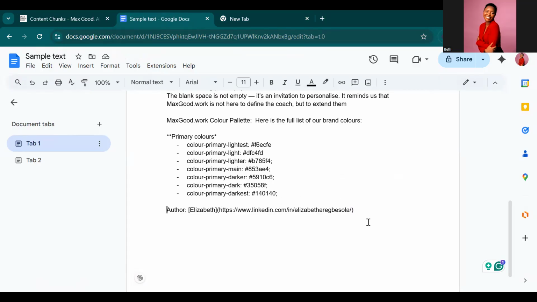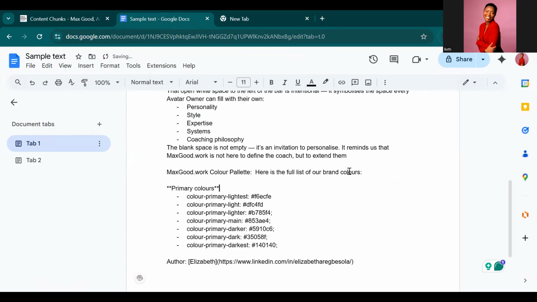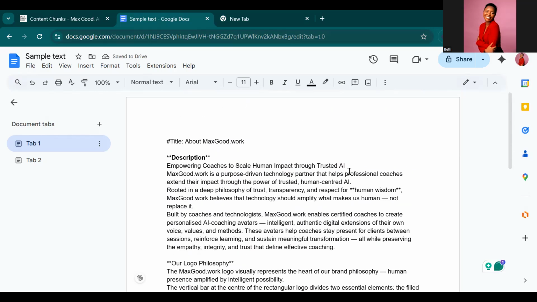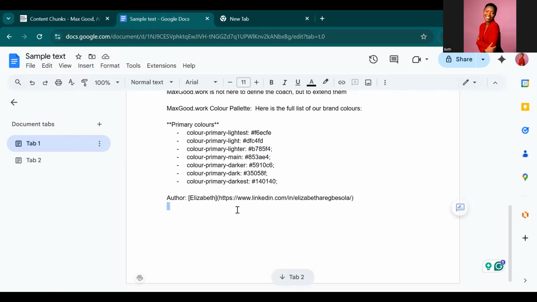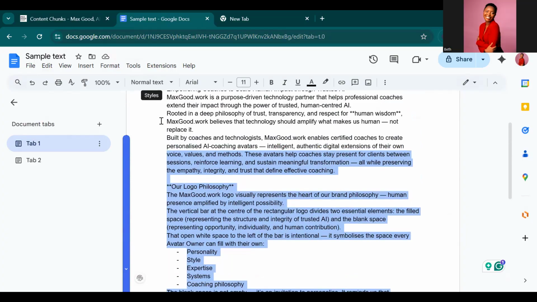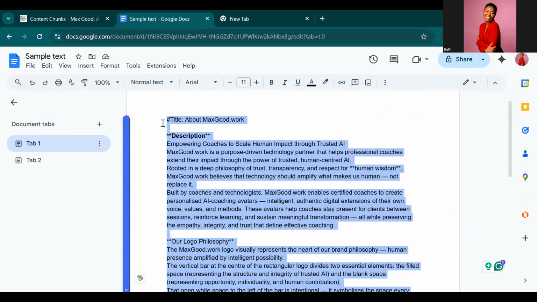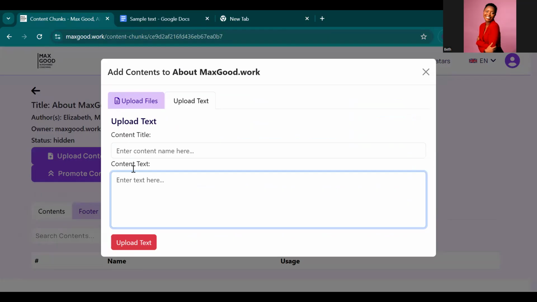I've hyperlinked a text. I have added double asterisks to the sections within this content chunk. I've also added a hashtag to the title, just so it appears differently. And I'm just going to copy and paste this content on MaxGood. Control C. So I'm going to copy it here, and remember that we just opened the upload